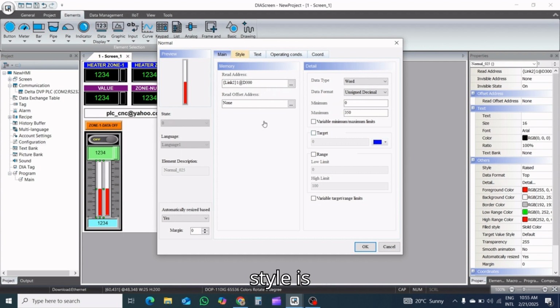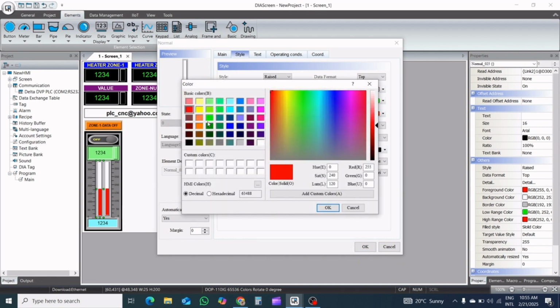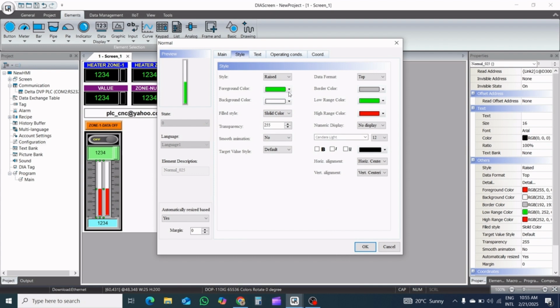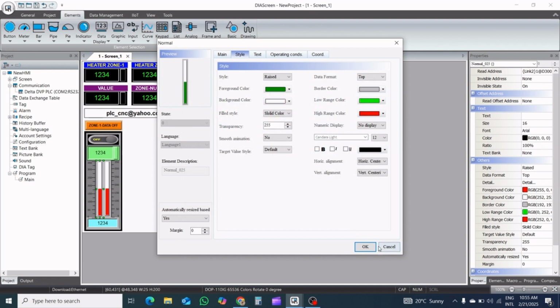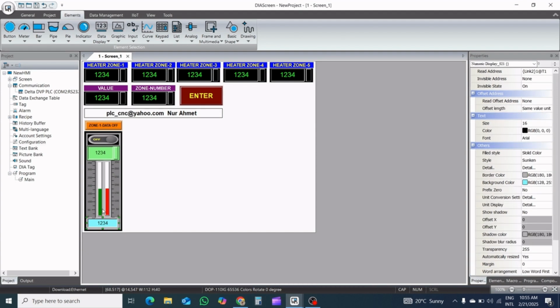So style is, I need green here, dark green. We need to change our